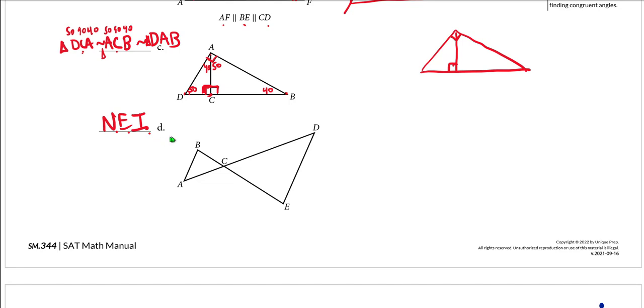And the reason you don't have enough information is because all you know is that angle C in one triangle and angle C in the other are equal because they're vertical angles. But we know nothing about the measurements of A and B and D and E. How might we know that these two triangles are similar to each other? If we were told that AB is parallel to DE. If we were told that these two lines that contain segment AB and DE were parallel, well then, and we